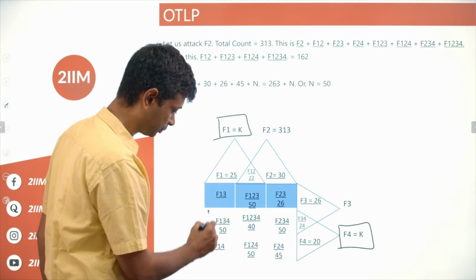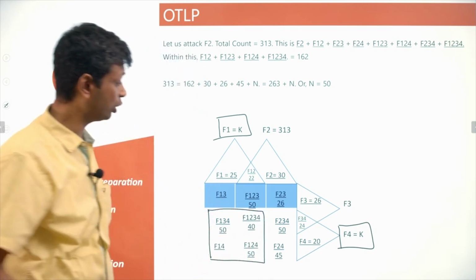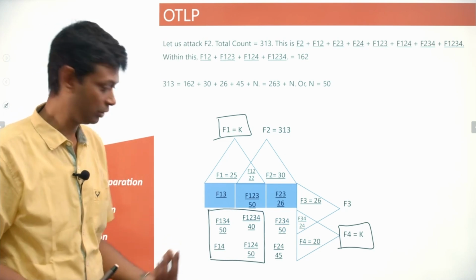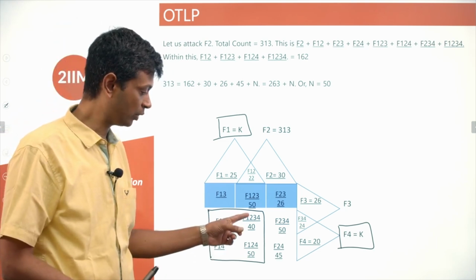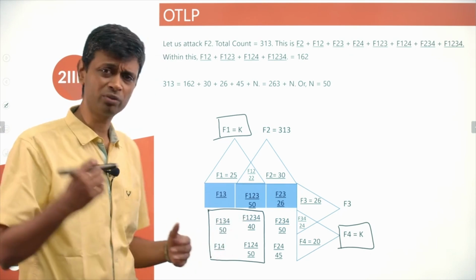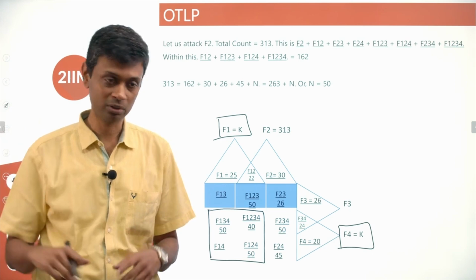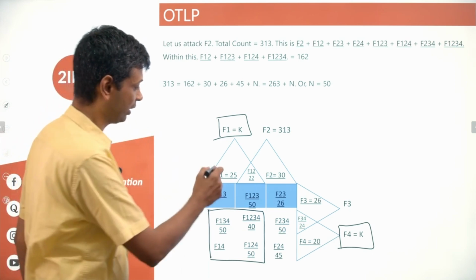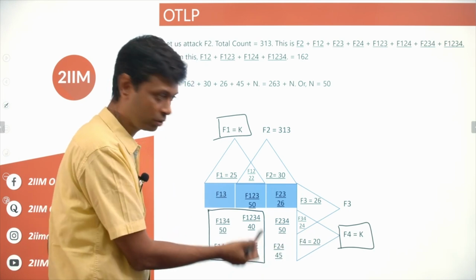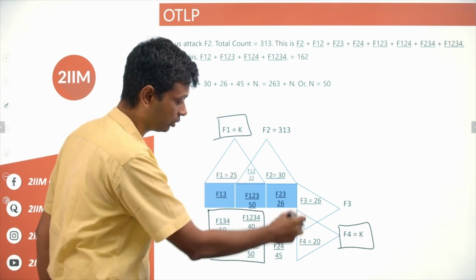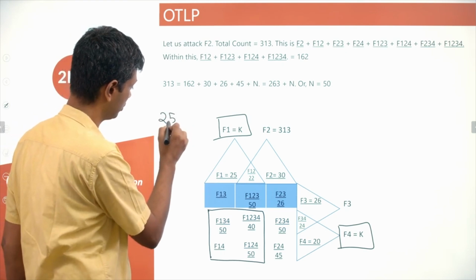So this chunk is present in both of these lists. And so F134, F14, F124, F1234 is present on both of these lists. F1 has it and F4 has it. That is F1 intersection F4. That we can keep aside. We can add these 4 and equate it to these 4, or 25 plus 22